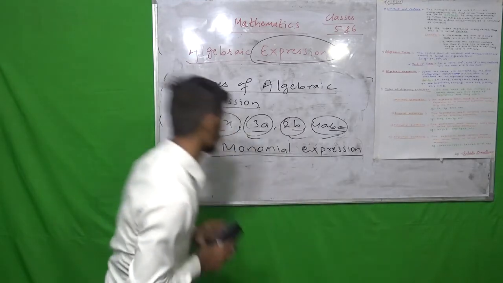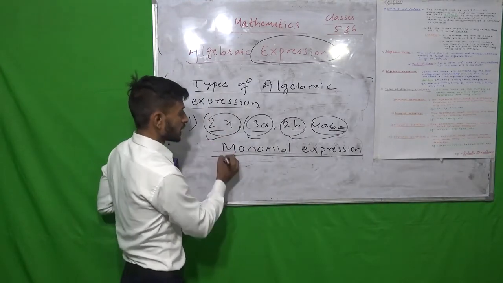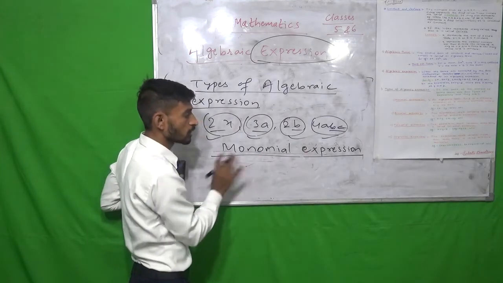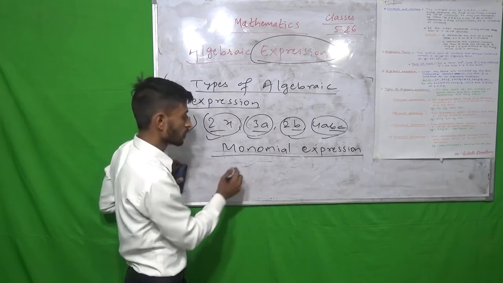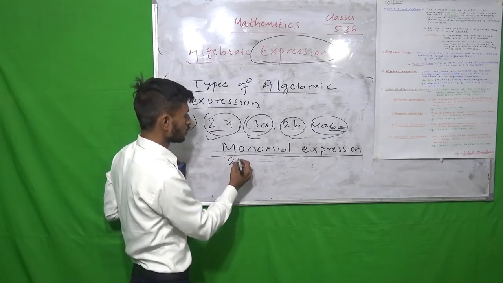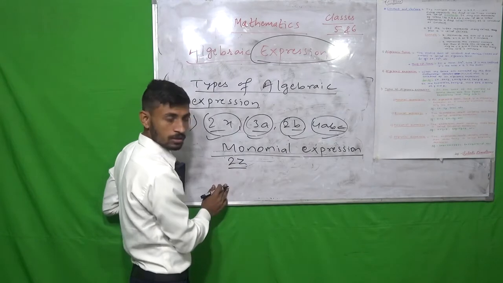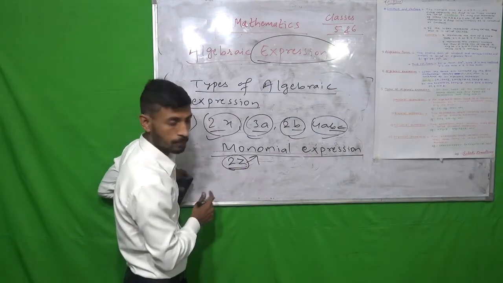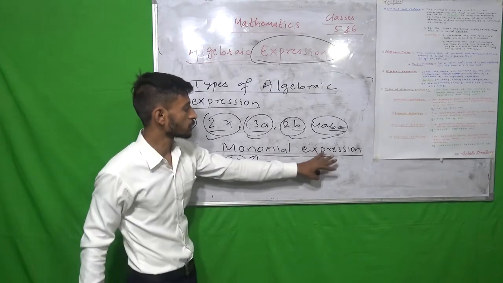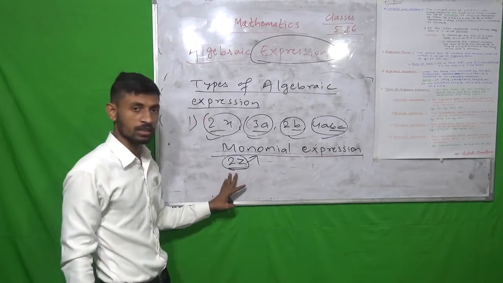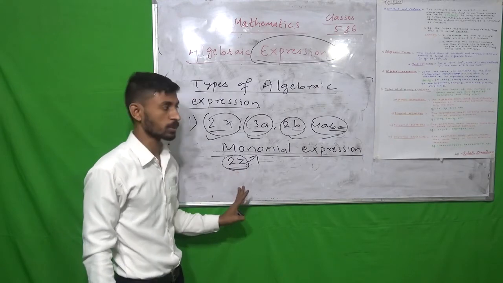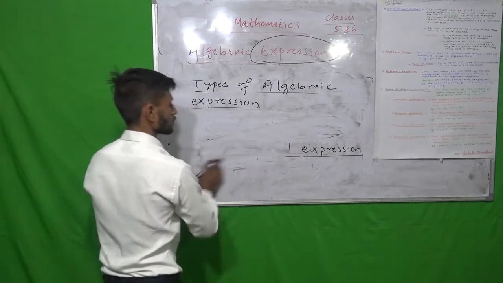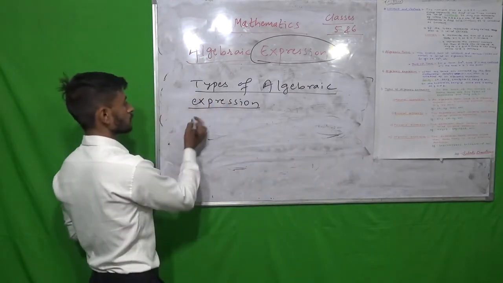So a single term is called a monomial expression. Here no plus and minus are used, simply 2z, a single term, is a monomial expression. So the expression having only one term is called a monomial expression. Number 2,